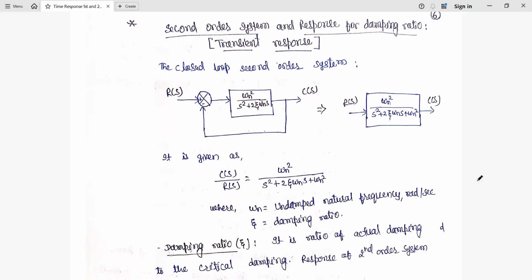Here we are going to see about the second order system, and its response, which is called the transient response. Here we are going to consider the damping ratio as well as different conditions: underdamped, overdamped, critically damped, and undamped. All these four situations we are going to consider to see the transient response of